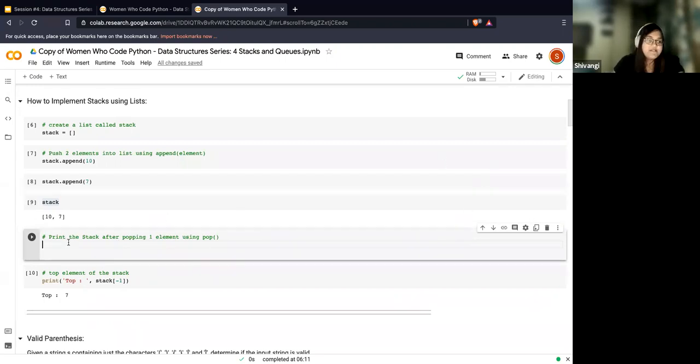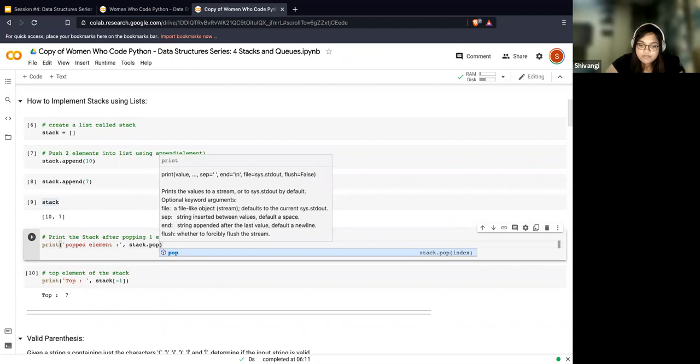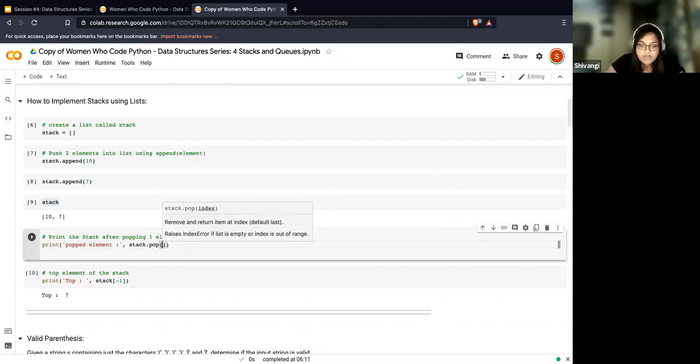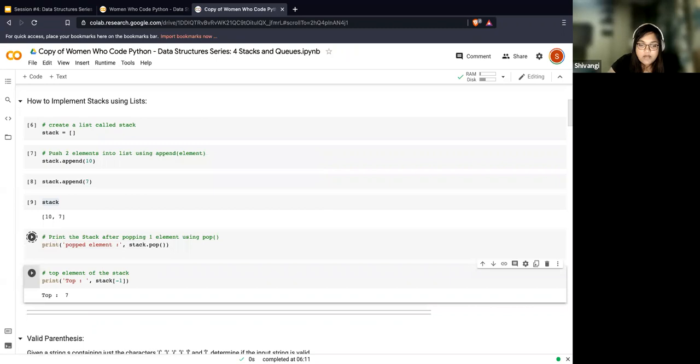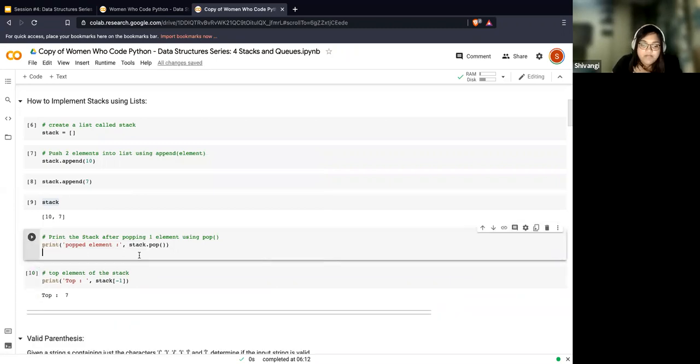So let's see what happens over here, right? And yeah. So this is the popped element, okay?